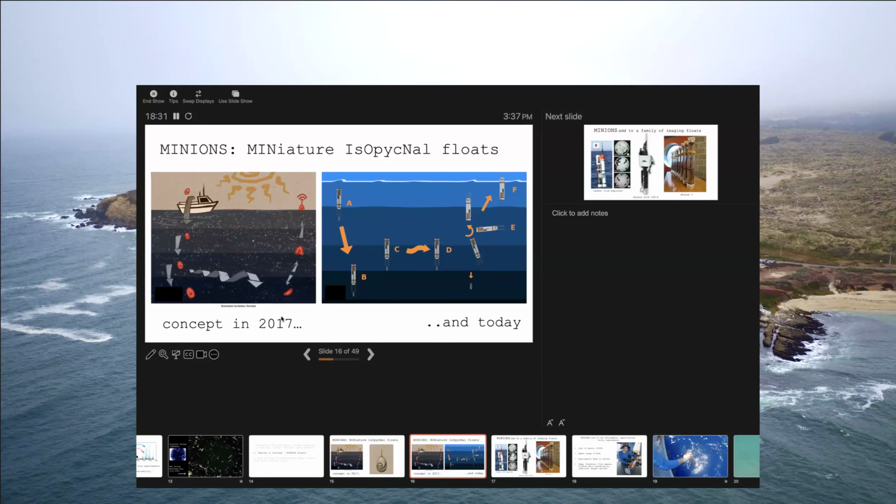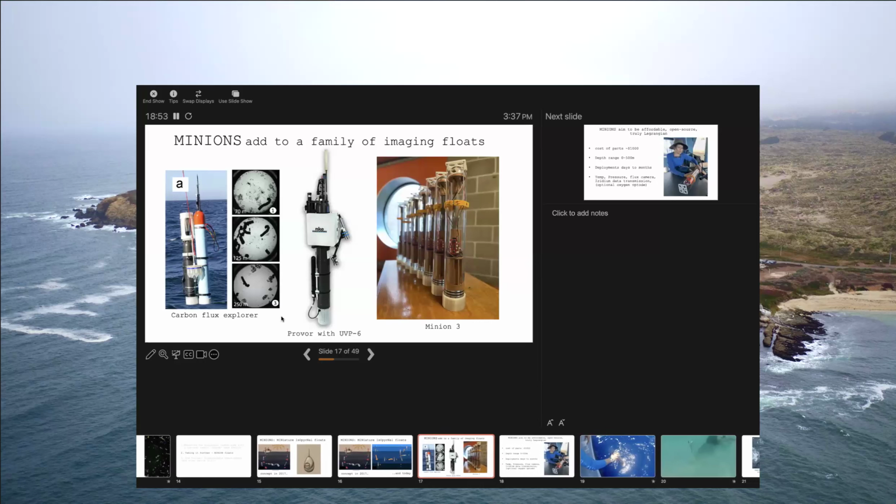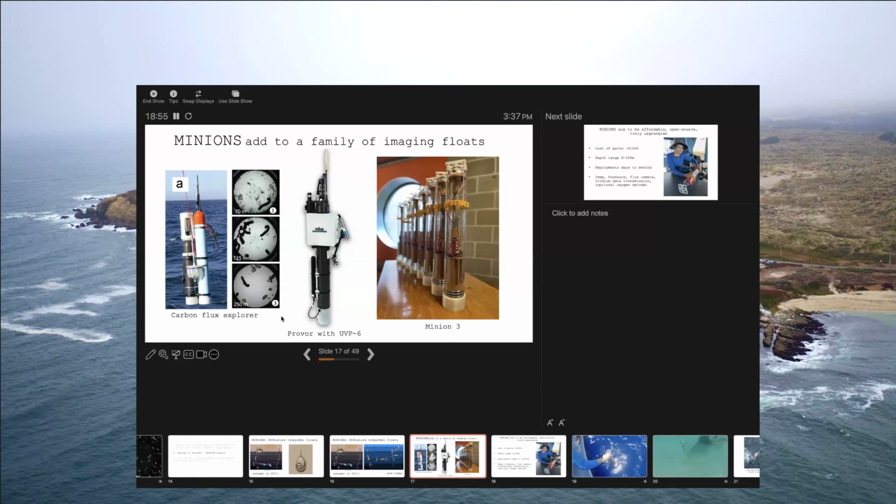Inside the center shaft there's a passive traveler. That traveler slides down to the other side and adds even more stability to the battery side, which keeps it stable when it pops its head out of the water. This side has the antennas and the flashers, things that we need to send data and get them back. Like any other technology advancement, this really combines existing ideas together in a slightly different way.